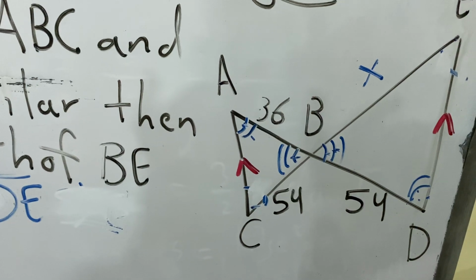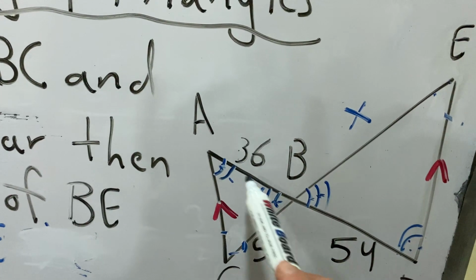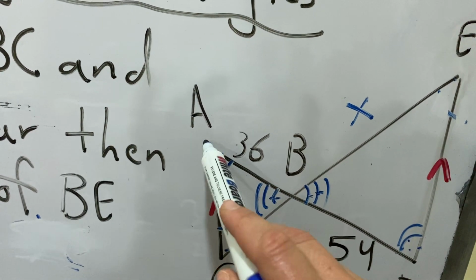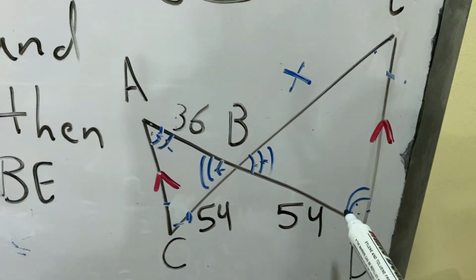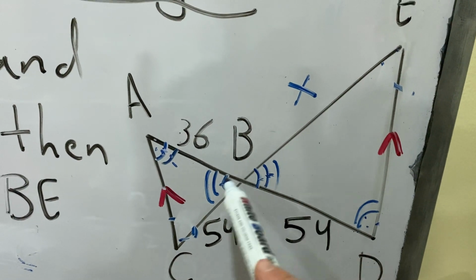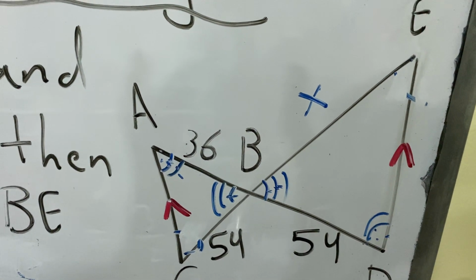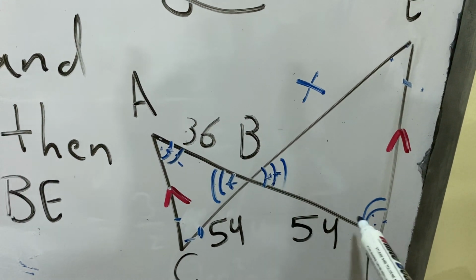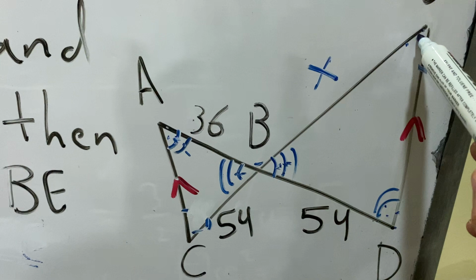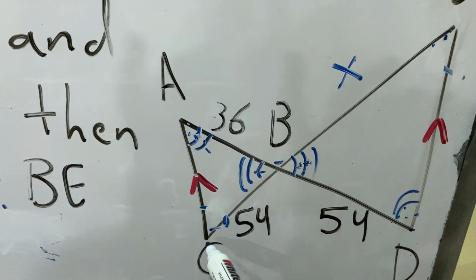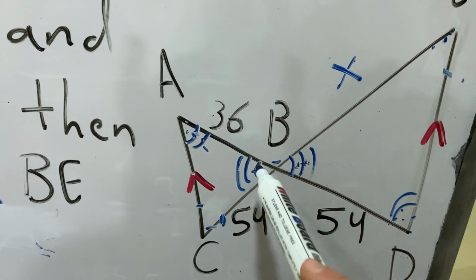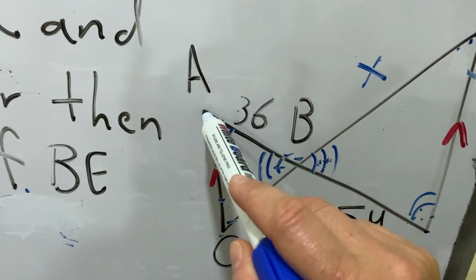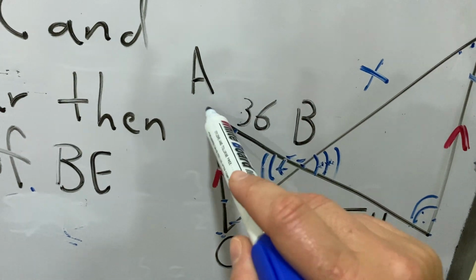Now take care when you write the angles. This angle A and D, I can write it in one letter only because there is only one side for the angle A. You can name it angle A, then I will know directly this is the angle. But B, it has two sides. Then you have to name it by three letters. So when I name the angle B, I will name it with three letters, like I will call DBE for this angle. And for this one, of course B will be in the middle, I will say CBA. By the way, you can say CBA or ABC. It's the same.